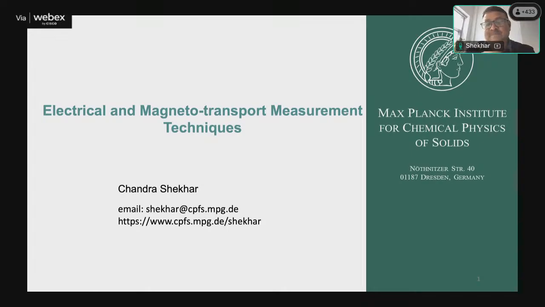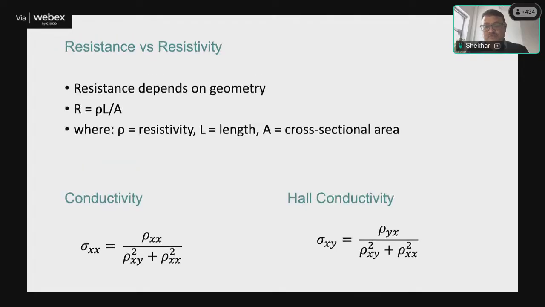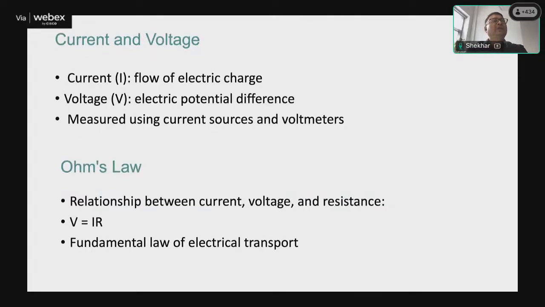So there are plenty of options to measure in electrical transport. But I'm not able to talk about all these techniques, so I'm focusing my measurement on electrical, where we flow a current and measure voltage, which is called resistance. So what we do is find the relation between current and voltage. So we flow current and measure the voltage by putting contacts, putting the wire, and so